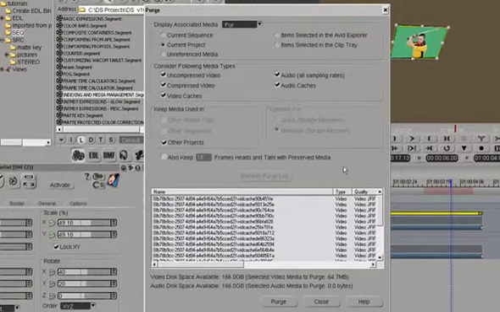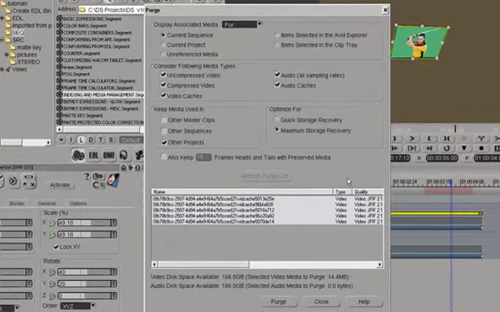It will find all the media, absolutely all the media that's associated with this current project. So if we were to purge this, it would delete every single piece of media that's associated with this project. We can do the same thing for current sequence, and it will give us a shorter list, because these are the media files that are associated only with this current sequence. And as you can see, this project has many sequences, not just this one that's loaded up on the timeline right now.